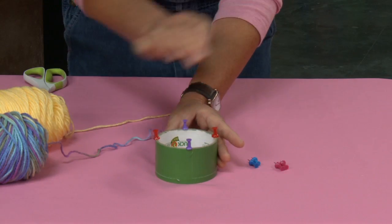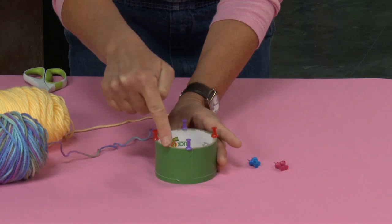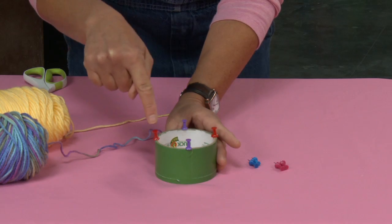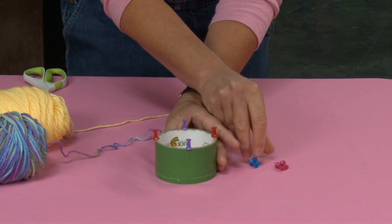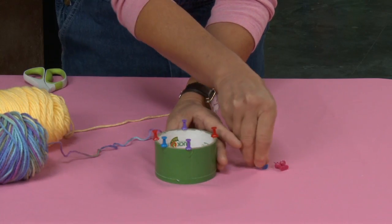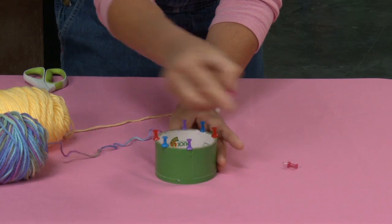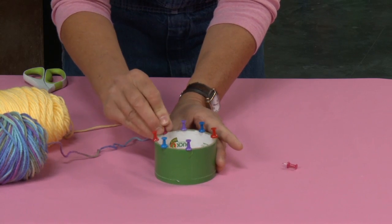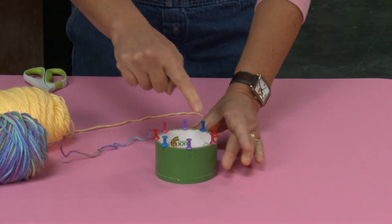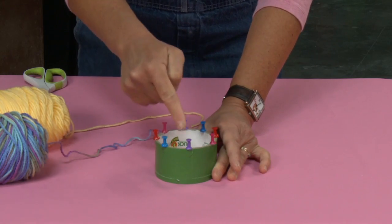Boom, boom, boom, boom. Now what I'm going to do is I'm going to place push pins in between, right in the middle, between the 12, the 3, the 6, and the 9. I'm going to use the same colors again, opposites of each other, so that we can see easily. They're blue, and this one's going to be right over here. The pink is going to go right here, and this pink is going to go right here. Okay, so now I've got 8 push pins all the way around,